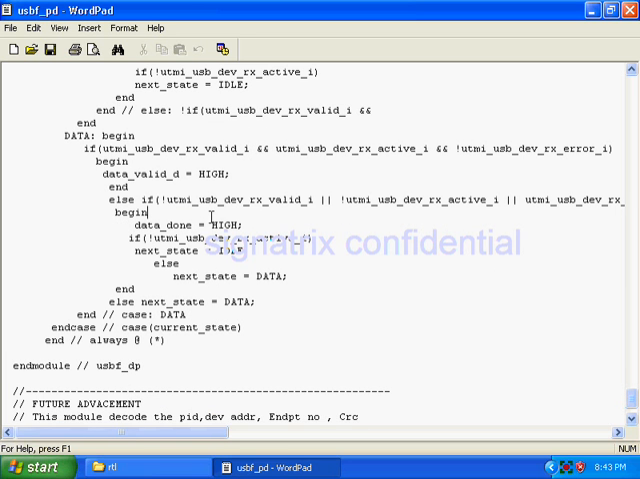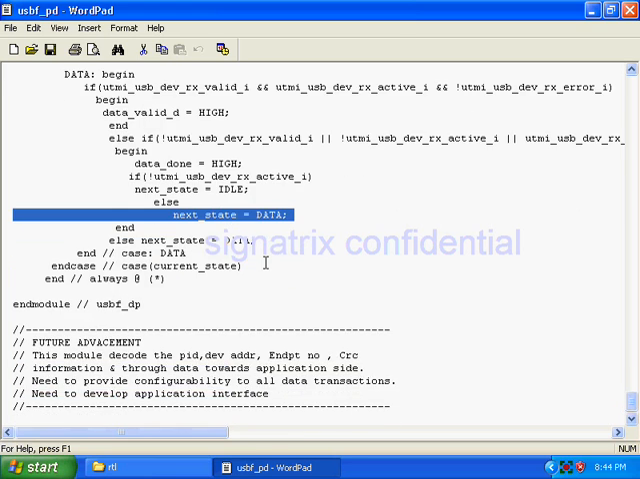And this is the data done logic. After receiving the data, I have to enable one signal, data done. If there is an error, or if active goes low in between, I have to go again to the idle state; else I take the data. This is specific logic, meaning it is implementation dependent. Just to see the logic how it